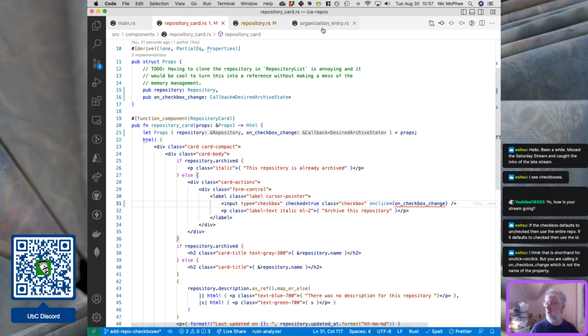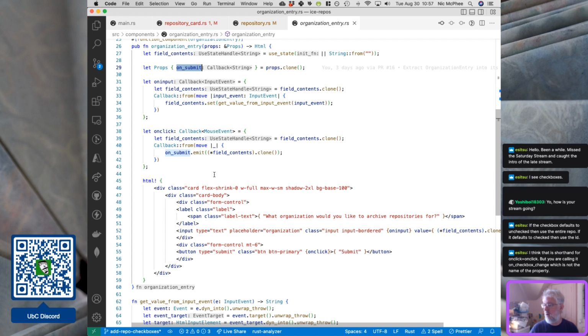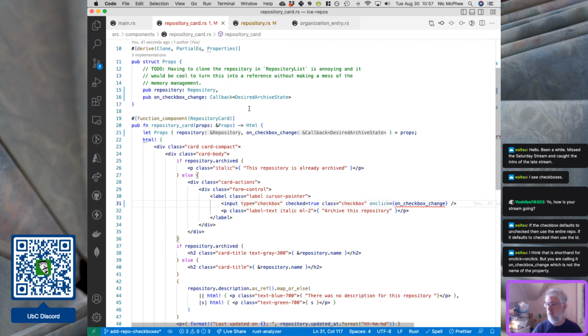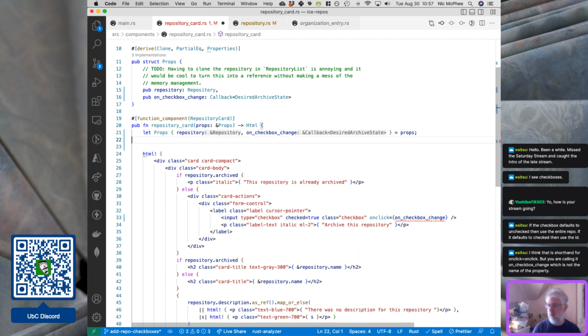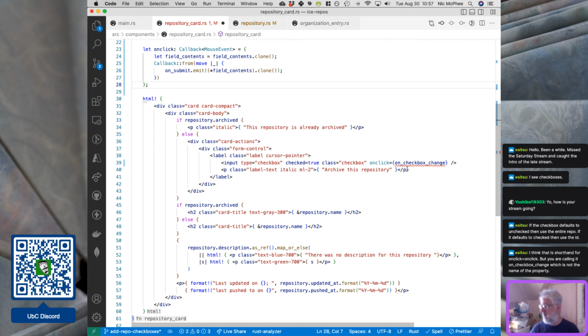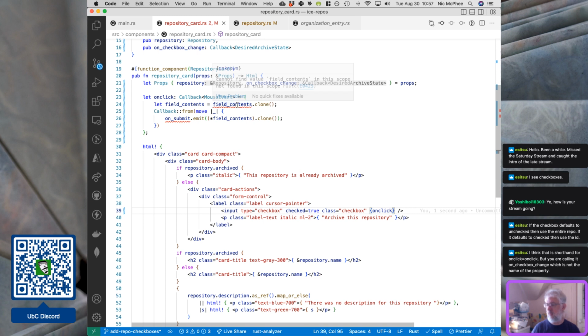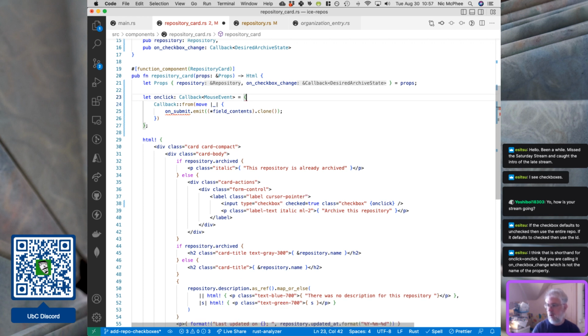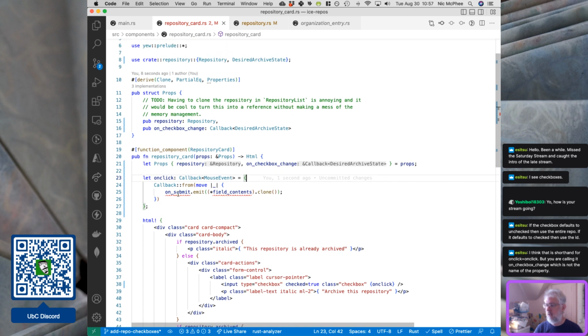So actually I'm going to need, yeah, so like I did here where I created little things that call the callback, I'm going to need something like that that takes a mouse event and turns it into the desired dealy. So that makes sense actually. Boom. So if I call, and then I can just say curly brace on click here because I'm calling that little function on click. And that will make more sense, except for, of course, this doesn't work. I don't need, there's no field contents here. And so if I get a click, get a mouse event, then I will, on checkbox change,